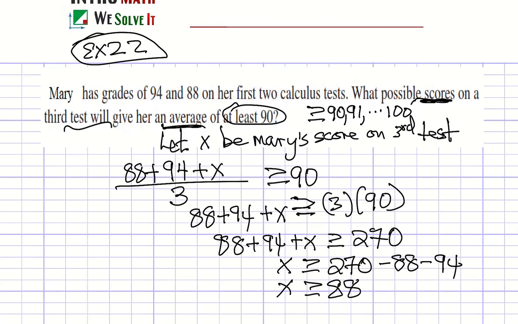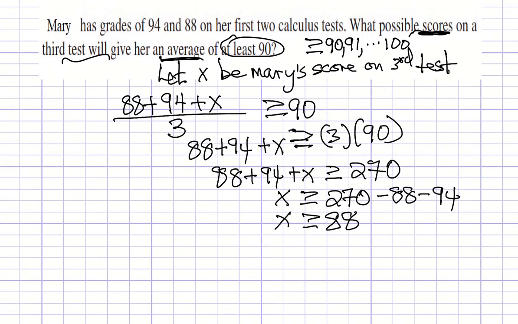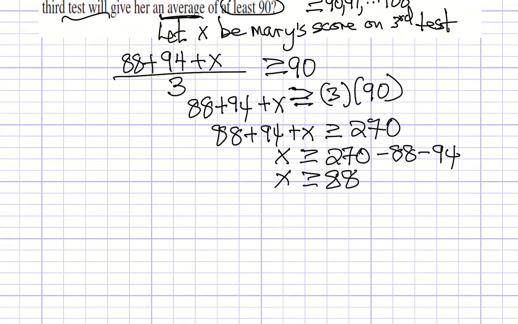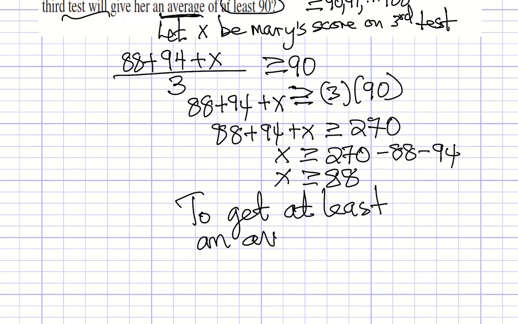Okay, if you do all that, what she needs to get is 88 or over. She can get 88, 89, 90, and 100. So in order to get at least 90, an average of 90,